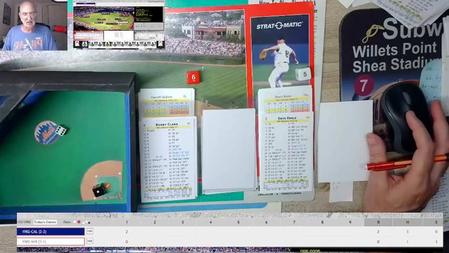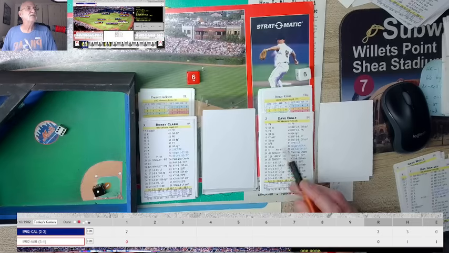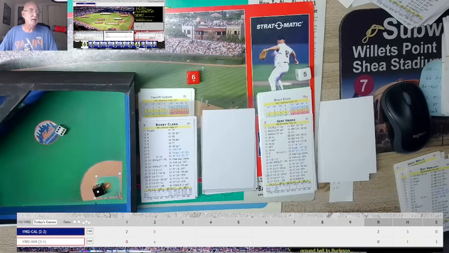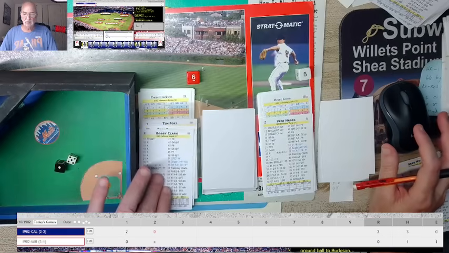The pitch, but this is 16, and 16 is a ground ball to Burleson, flips to Foley, over to Carew, 6-4-3, double play, and the Angels get out of the inning. All right, leading off is Rick Burleson.